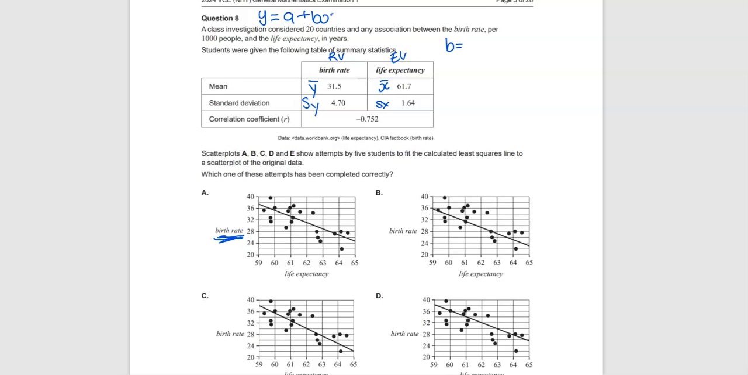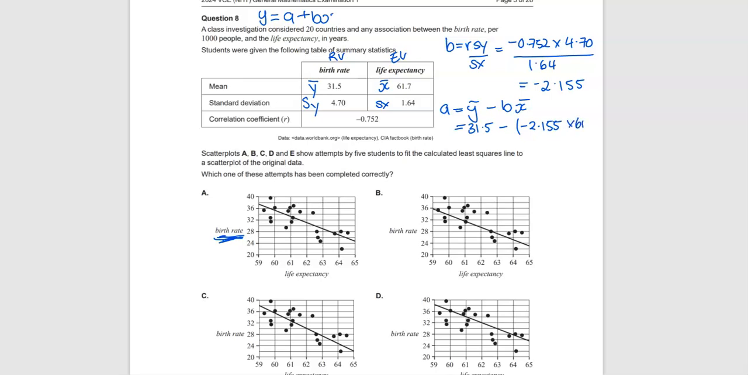So remember, B equals R times SY over SX. So you've got those values there. So just make sure you've picked the right way. So they've put the Y first in the table. So we do that and we get -2.155. So this is the B value. And then I do the other formula for the A value. And so I plug those numbers in. So it was 31.5 minus -2.155